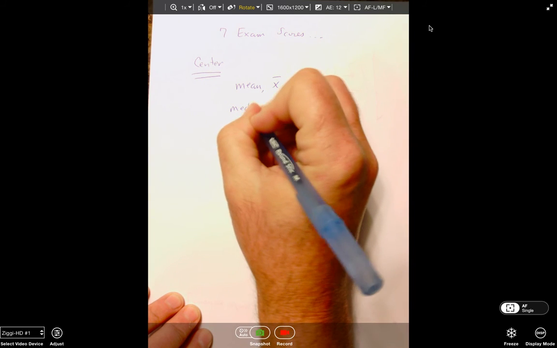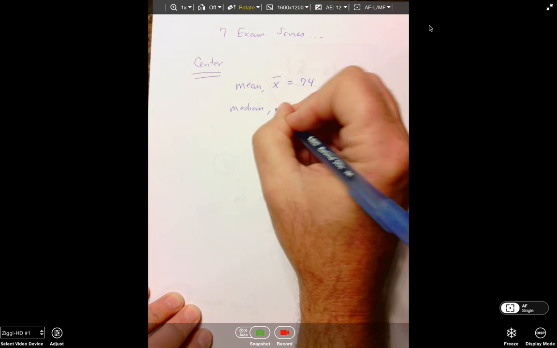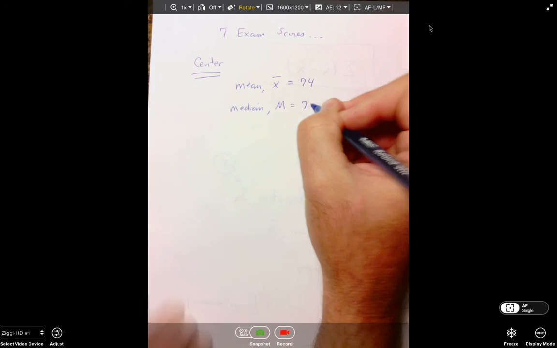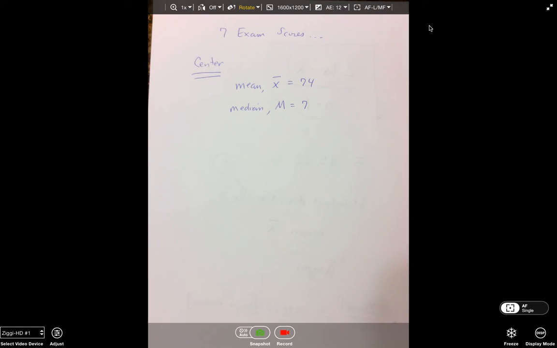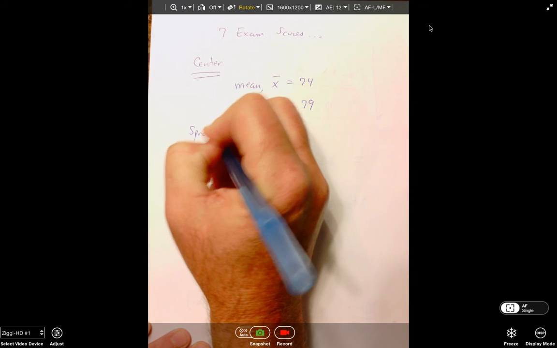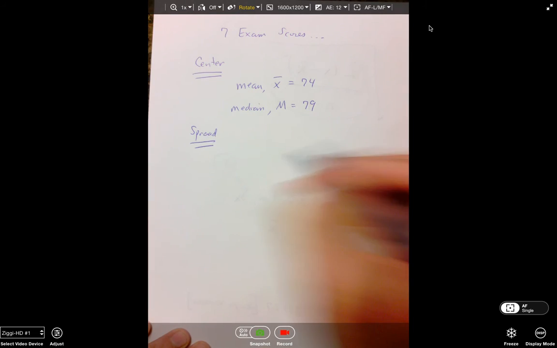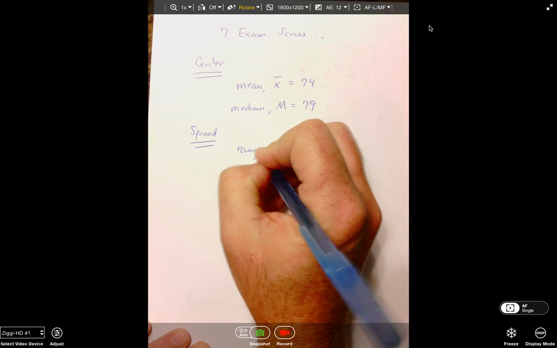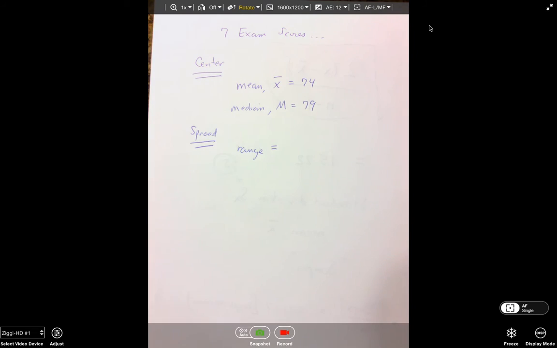And we found that the median was, I forget, 79. We got into measures of spread. And we saw that the range was equal to,